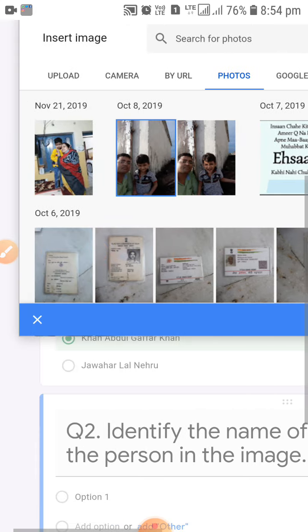I double click on that, and you can see that the image has come over here. That is the image of my son. You can give the image title also, and father and son, suppose.